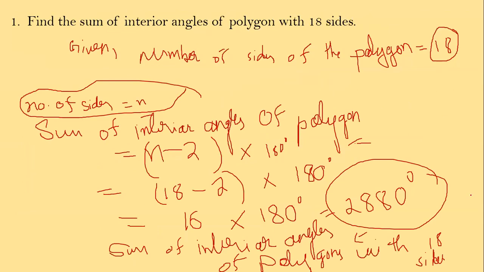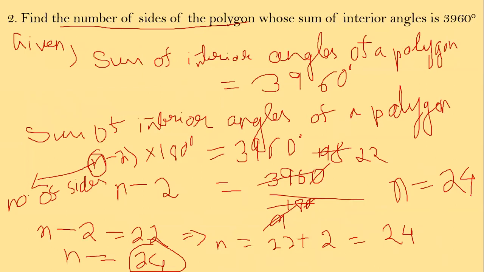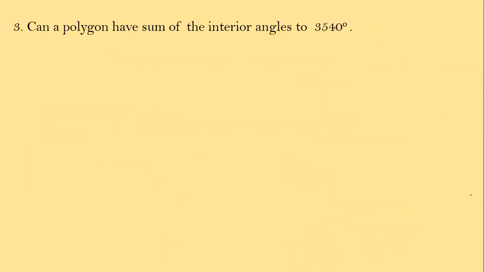This is another kind of sum. Previously we came across this sum where we had to find the sum of the interior angles when the sides are given to us. Now in this case, the sum is given to us, but we have to find the number of sides. Another question is asking: can a polygon have the sum of interior angles